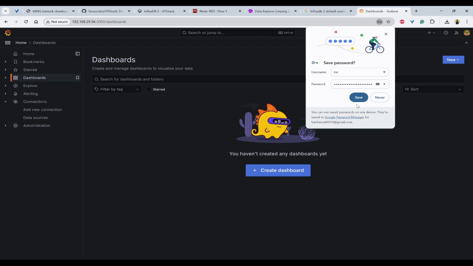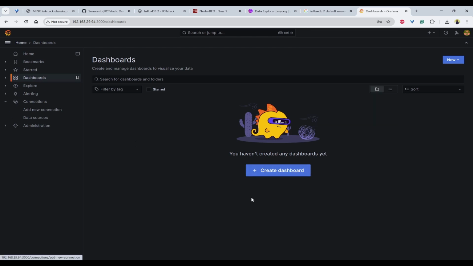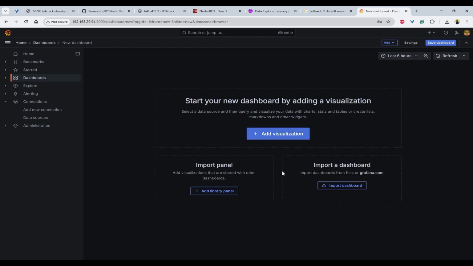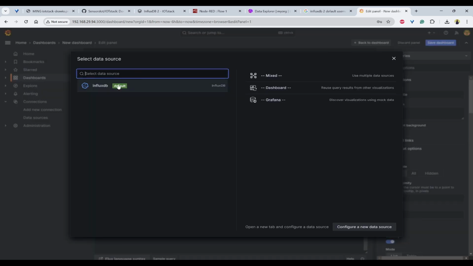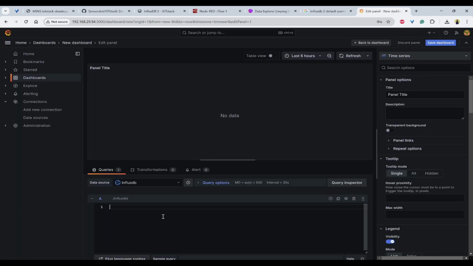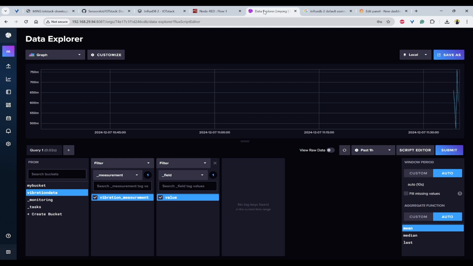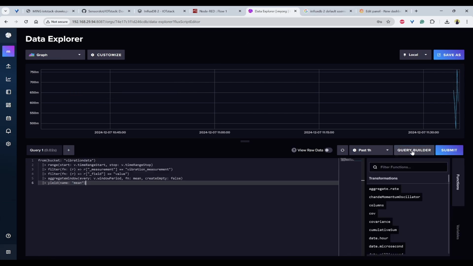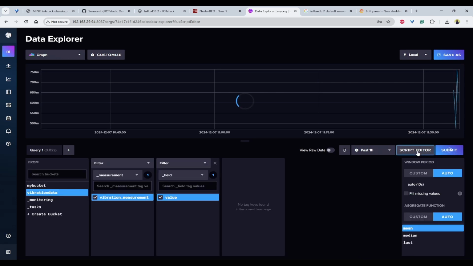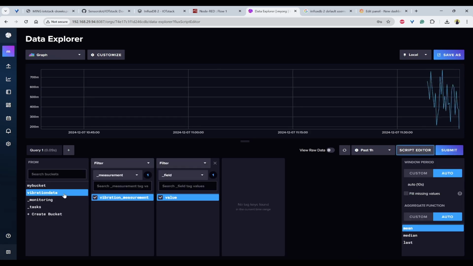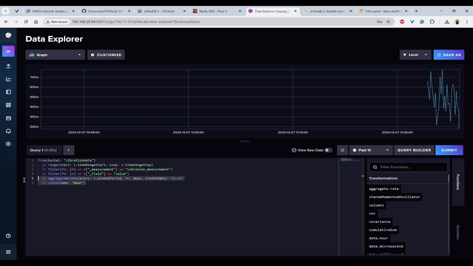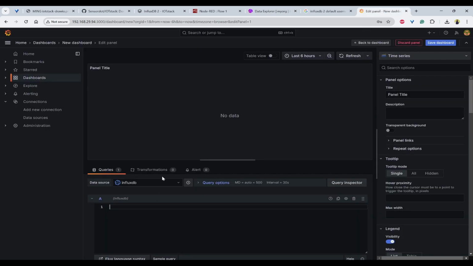Next thing that we can do is create a dashboard. Click on create dashboard, add visualization, and this is the source. We need to provide the query. So you can go back to InfluxDB and click on script editor, because we have already selected this vibration data, vibration measurement and value. The last 2 lines I'll leave, and these 3 along with from I'll copy and paste here.